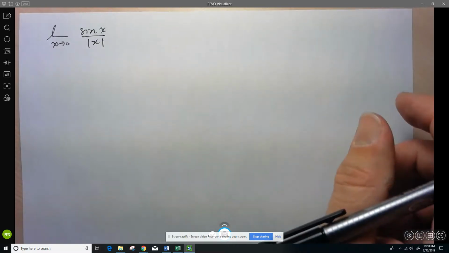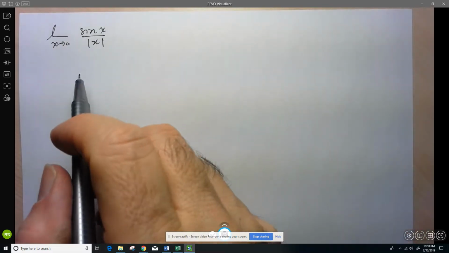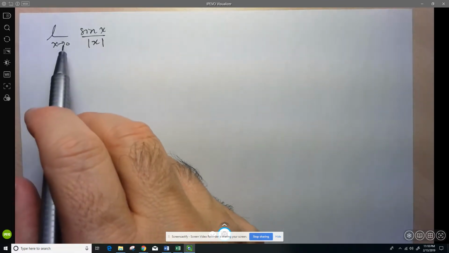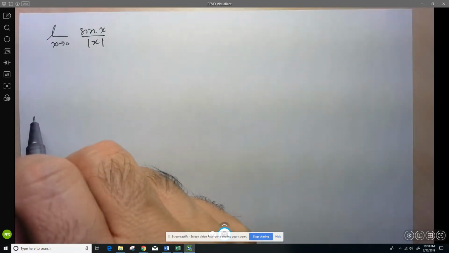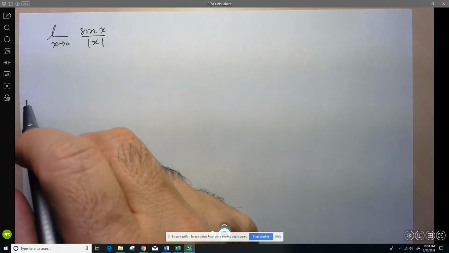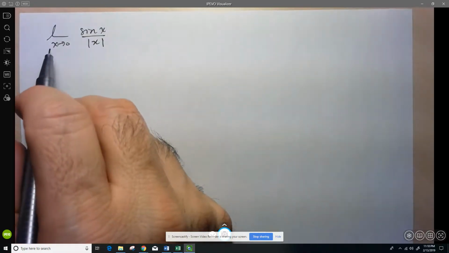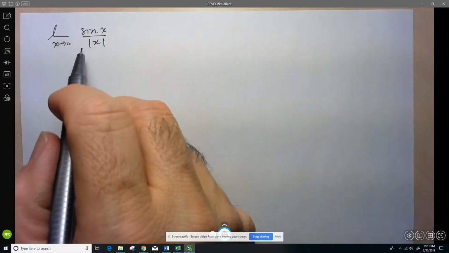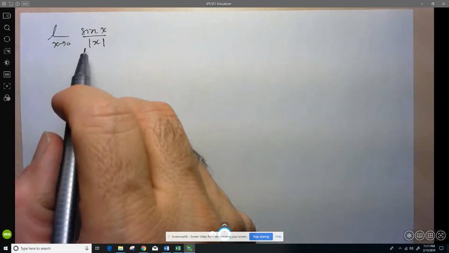Hi folks, we're going to take a look at this question from the homework. So they're asking us to find the limit of sine x over the absolute value of x as x approaches 0. Now what makes this problem interesting is that I have to be able to approach 0 from both the left and the right. But this expression is defined differently from the left and from the right because of this